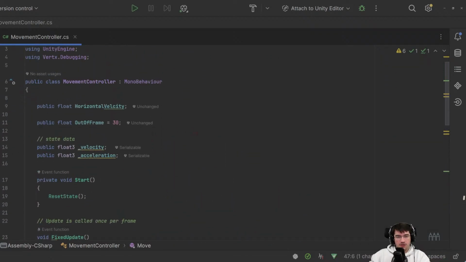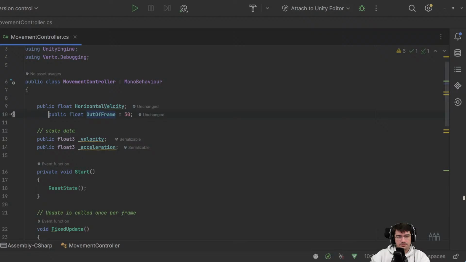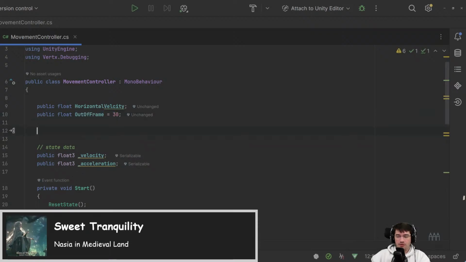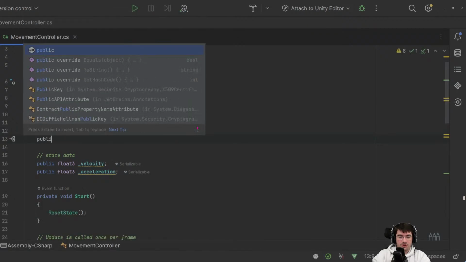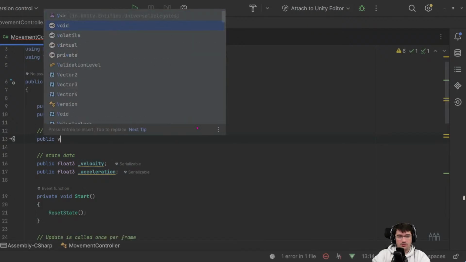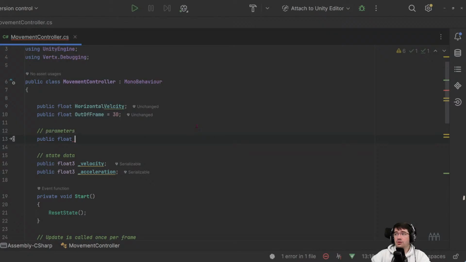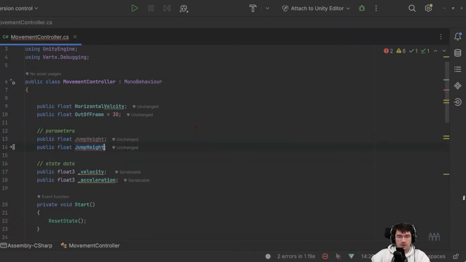And now I need my jump height. Public float jump height. Okay. Jump